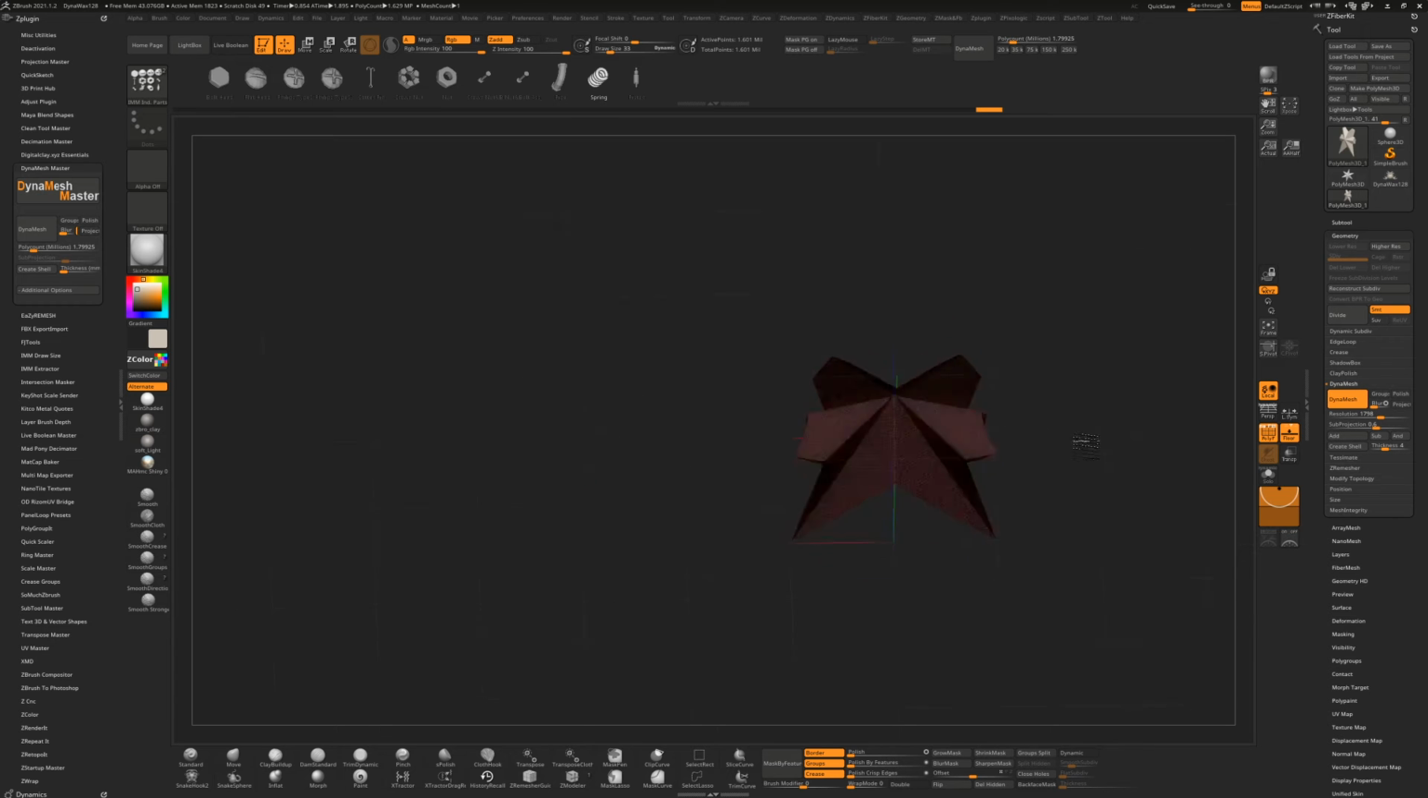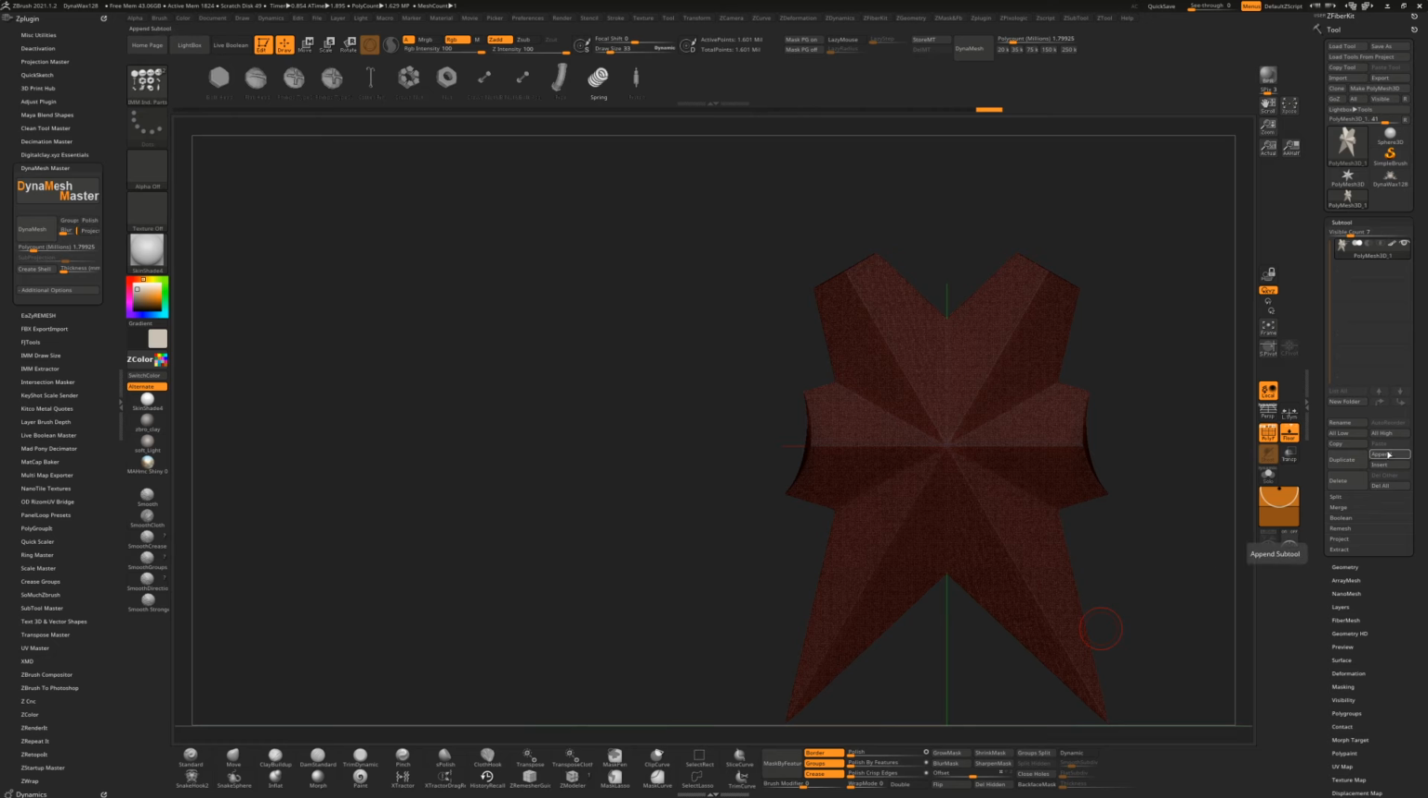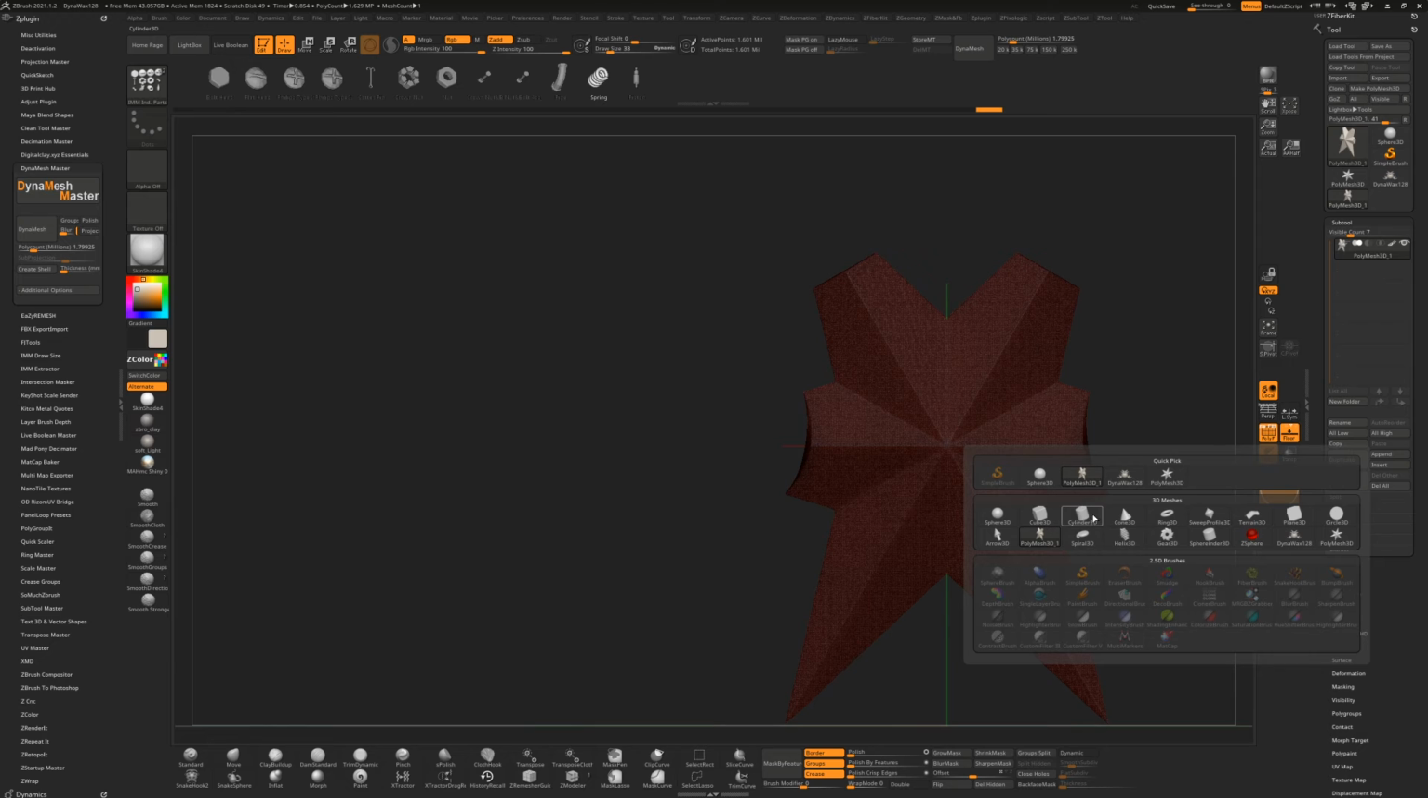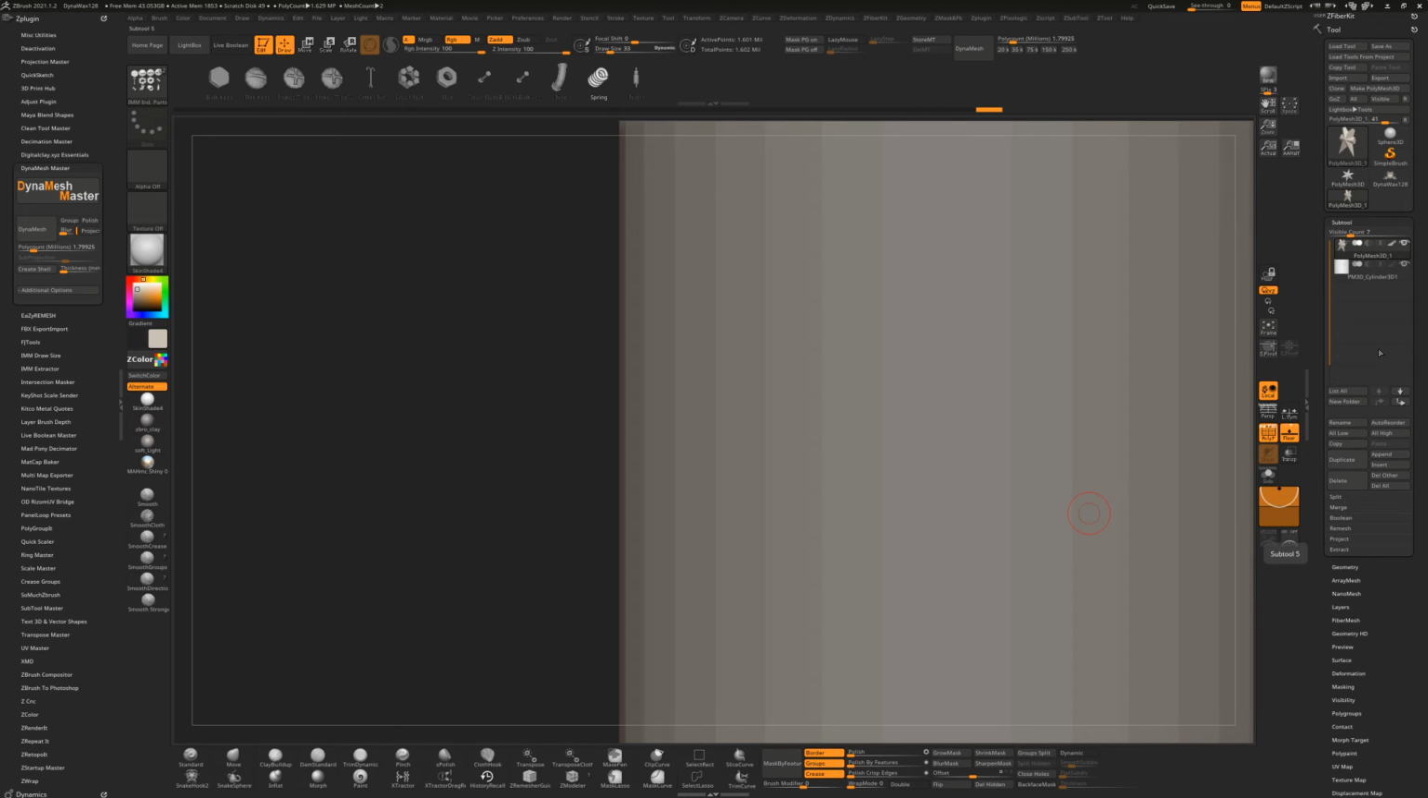Create shell is really interesting because it creates a hollow model for you. So say you want a 3D print, but you don't want this to be a solid piece of print because it's going to take up all your resin. So what you'll do is you need to create a small hole in here, and we're going to add a cylinder here,